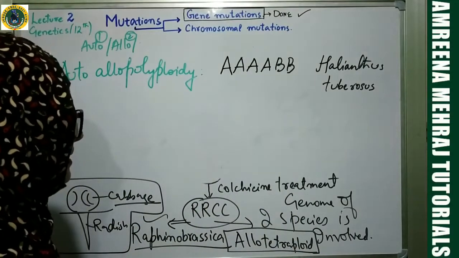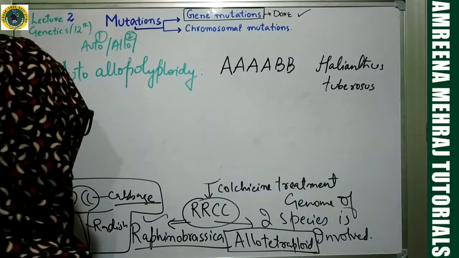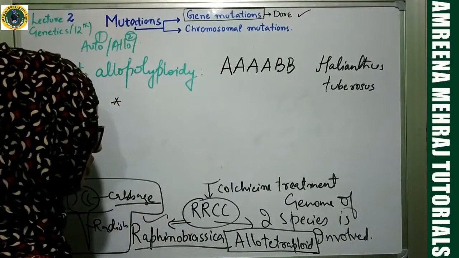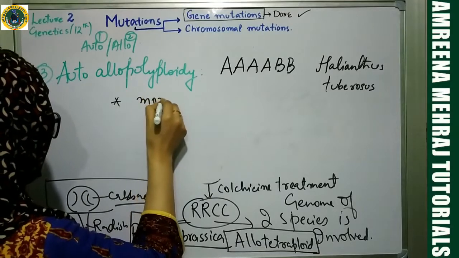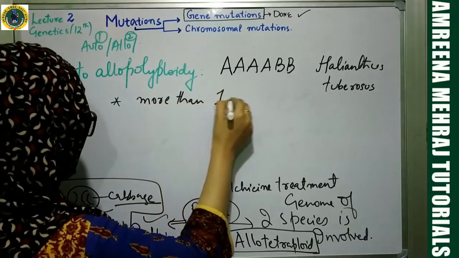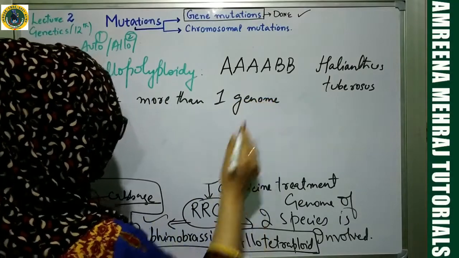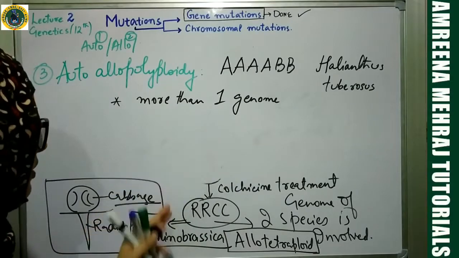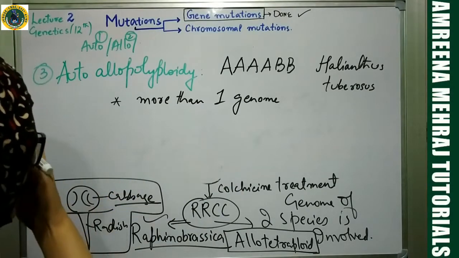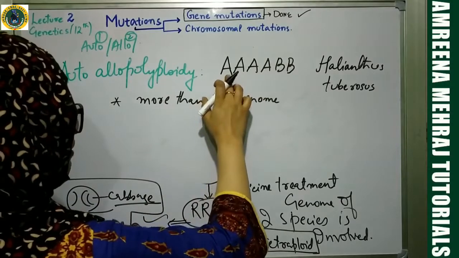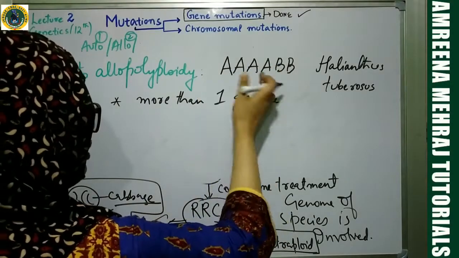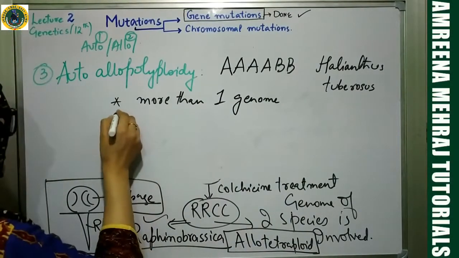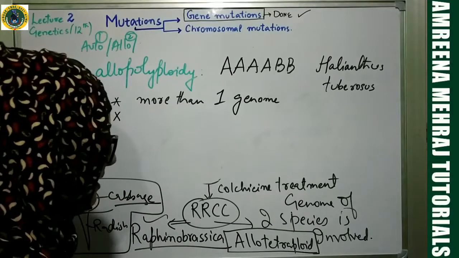Now what is the condition a plant has to fulfill in order to be called an autoallopolyploid? Number 1, it must have more than 1 genome. Now this is the case with autopolyploidy also. This is the case with allopolyploidy also. You must have more than 1 genome. See, you have A genome, you have B genome, and A genome you have in 4 copies, B genome you have in 2 copies. Similarly the another criteria is that at least 1 genome